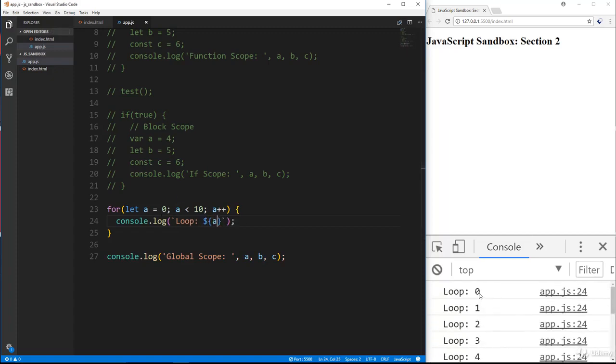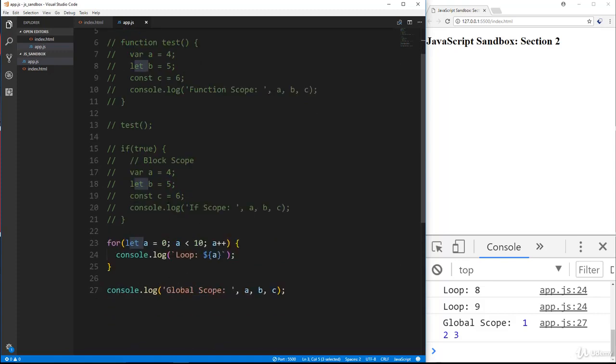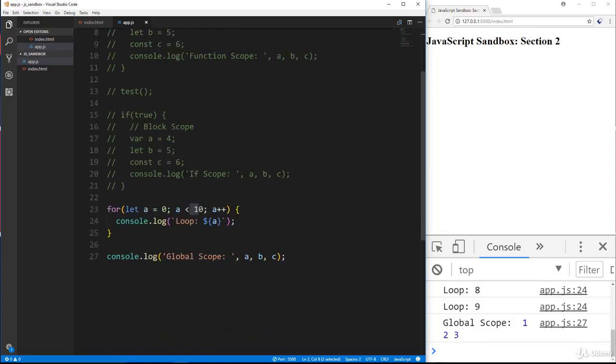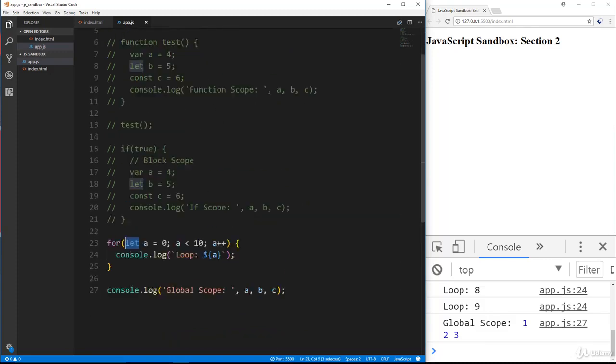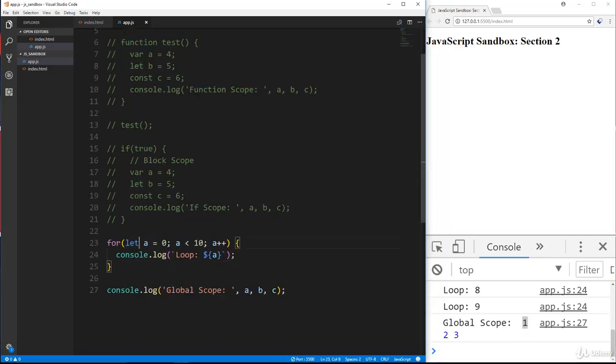Each value for A in the loop is going to be 0, 1, 2, all the way up to 9. But in the global scope, actually I should have done B, since I did let B here. Well, no, actually that doesn't matter, because we set A to 1 here, whether it's var or let. What matters is that we're using let here, so it stayed as 1. If I were to use var here